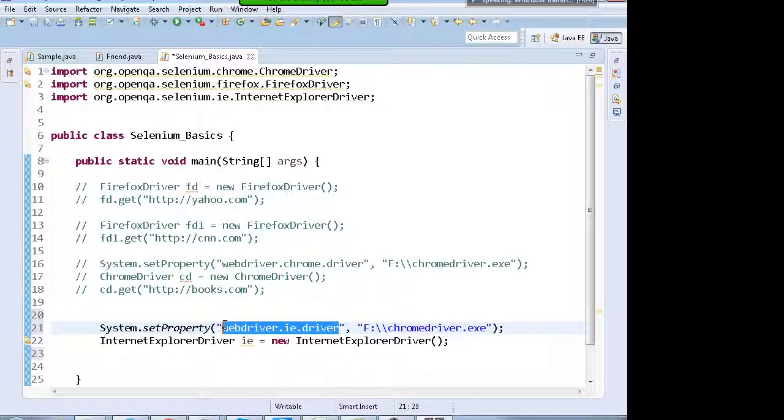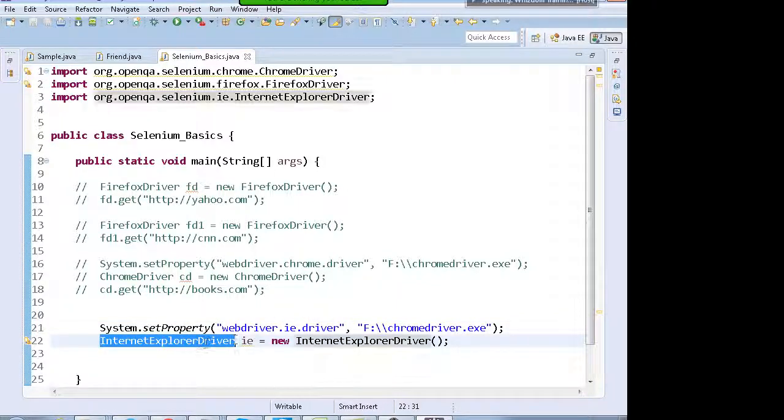Make sure everything is in lower case. Sometimes people keep IE in capitals. Java is a case sensitive language. In InternetExplorerDriver, if I keep this D in lowercase, I will start getting exceptions. So Java is a case sensitive language.